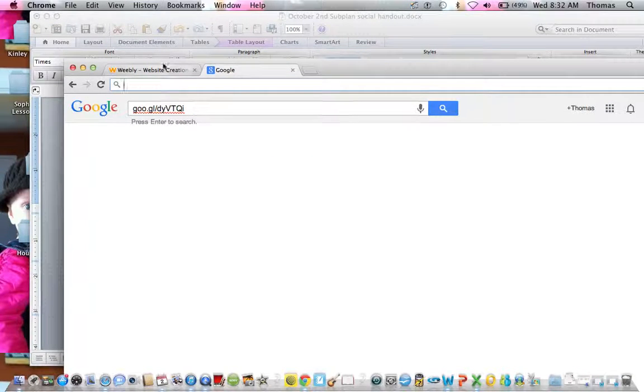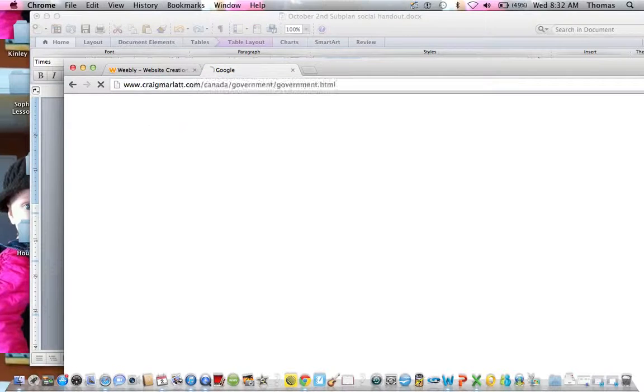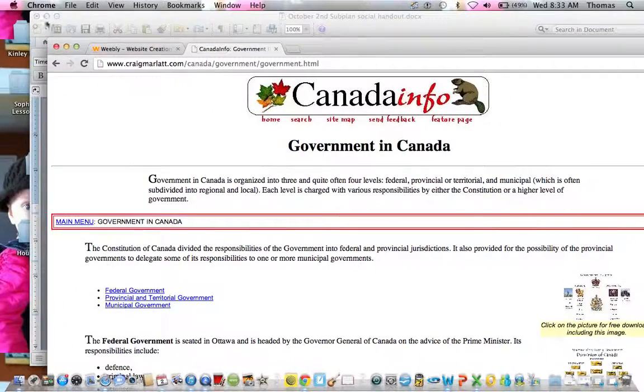I'll just copy and paste because I'm allowed to. I'll give it 5 more seconds so you can make sure you've typed goo.gl/dyvtqi. Then I hit enter and it goes right to this website that we're going to do our Webquest with today.